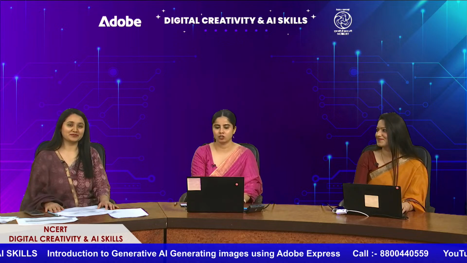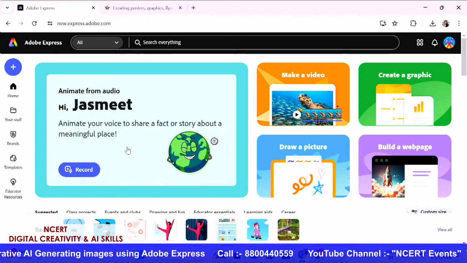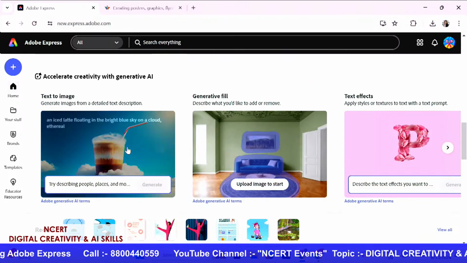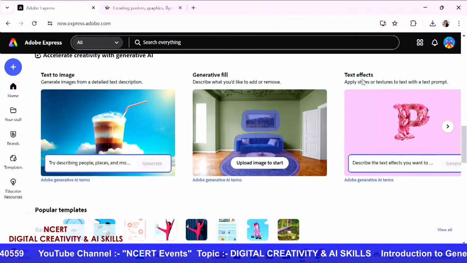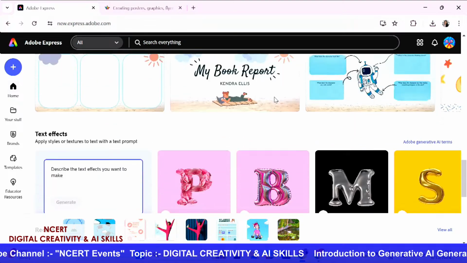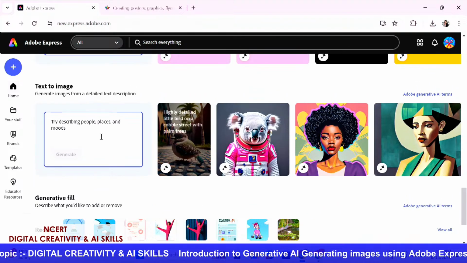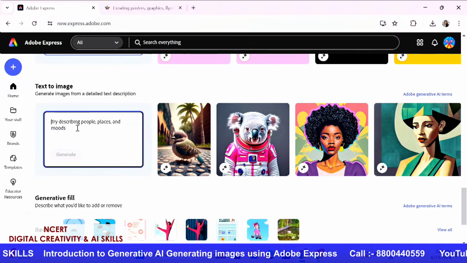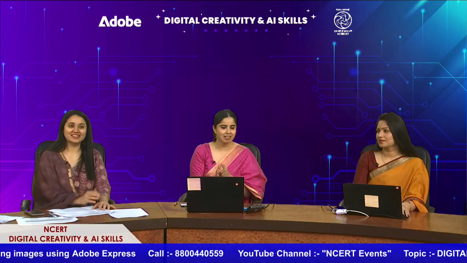All right. So are you all set for that? Yes, sure. Perfect. So on my screen, as you all can see, I have my home screen ready on my computer, and if I scroll a bit down, I will find my generative AI options. So one is text to image, the other one is generative fill, and there is text effects as well. If I scroll further down, I also have the text to image feature available here as well. So I'm going to use this screen to ask Simran a couple of questions, and once she answers, I will create a descriptive prompt from that. And once that prompt is generated, we are going to generate an image from the AI. Okay? All right. So we're going to start now.